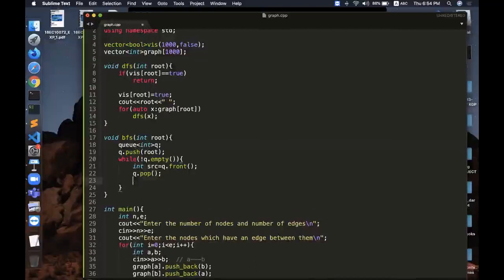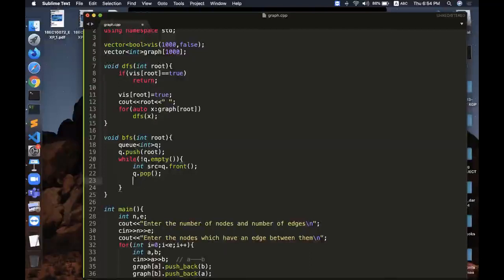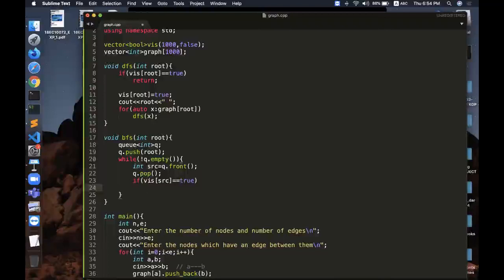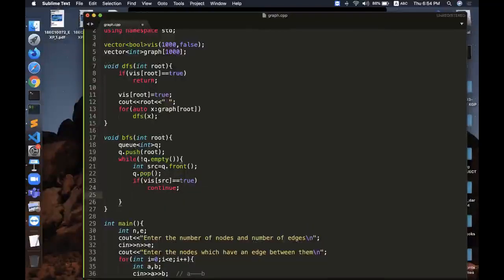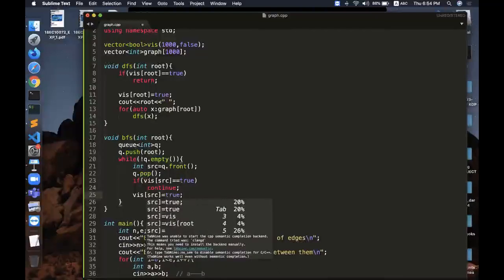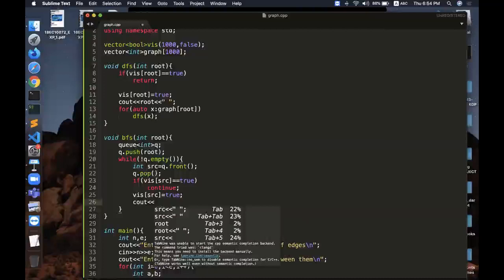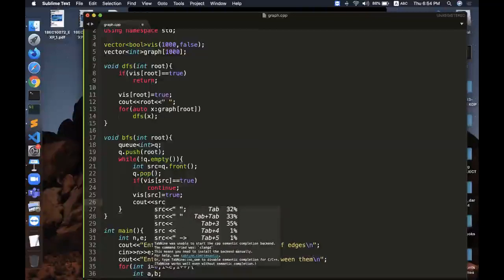And then what I do is I check if this node is visited or not. If it is visited, then I simply continue. Else I mark this node as visited, very similar to DFS. And then I print this node, say the node is SRC.